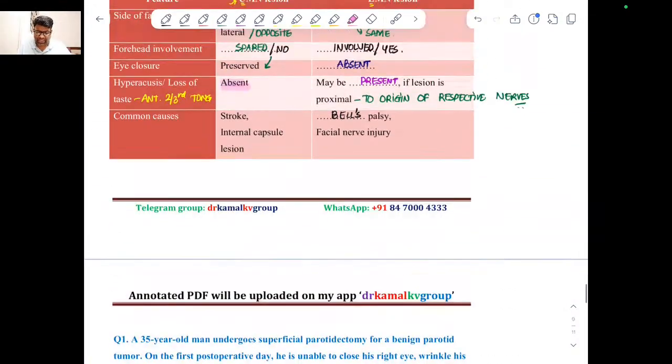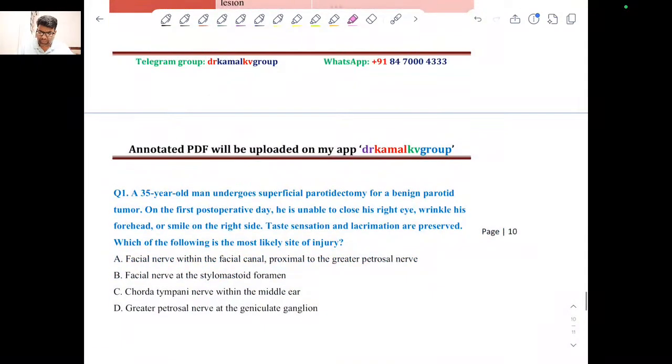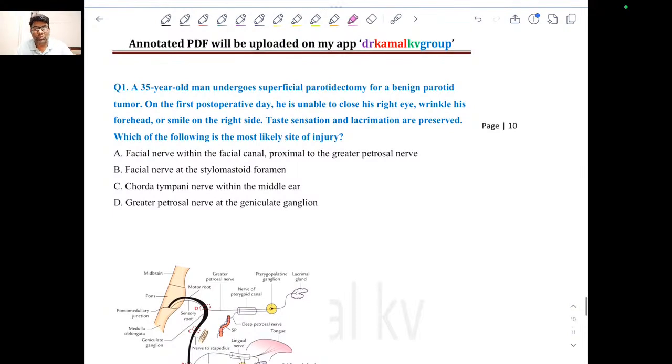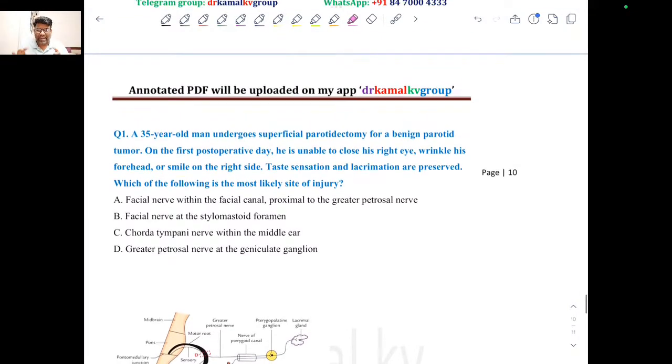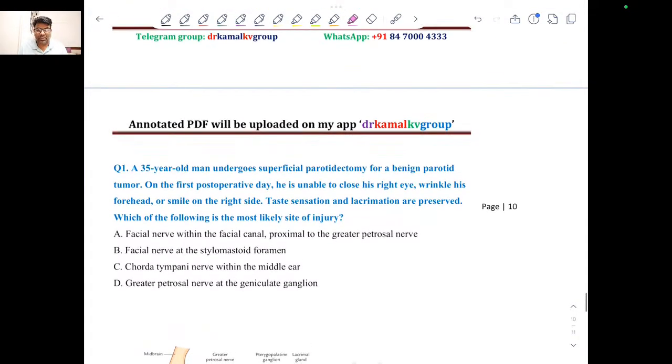So based on this concept, now we can take some questions, and most of the questions are from NEET PG, so I presume they will be a little difficult for you. But yes, if you try to apply basic knowledge, I think most of you can get somewhat closer to the answer, right? So moving forward to the questions,